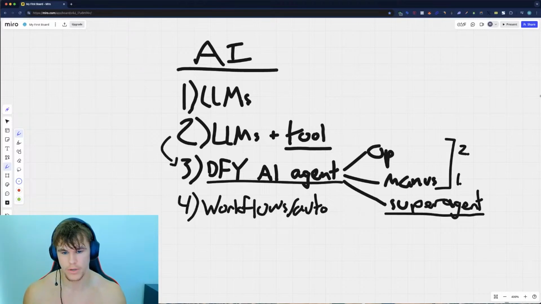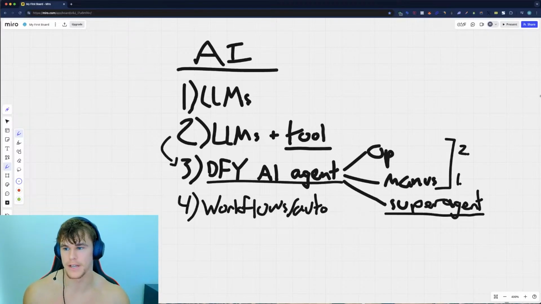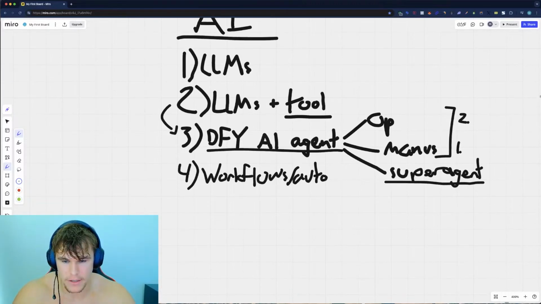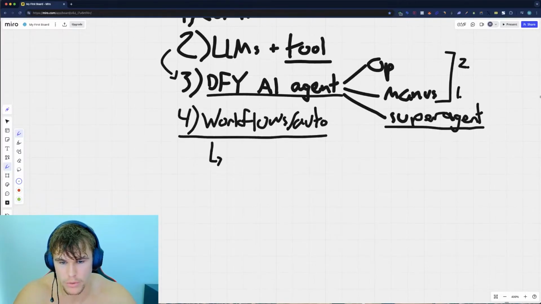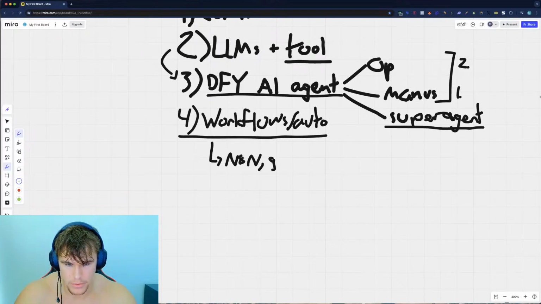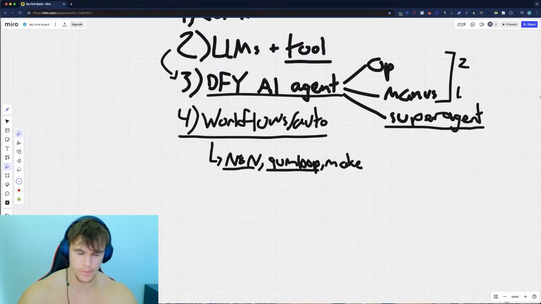That's level 3. I've set a new rule in my life where I can't leave my laptop for more than an hour unless I have primed an AI agent before I leave, because I'm always testing stuff. This is the time to always be testing stuff, like right now. And then finally, you have number 4, which is combining a bunch of these LLMs and AI agents together to run for you around the clock, 24/7. This is where you can use tools such as N8N, you can use Gumloop. For me, I stick to N8N, most functionality. Gumloop is really good, a little bit more user friendly, all right?